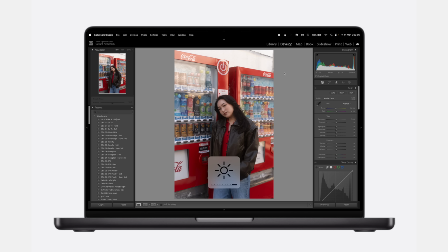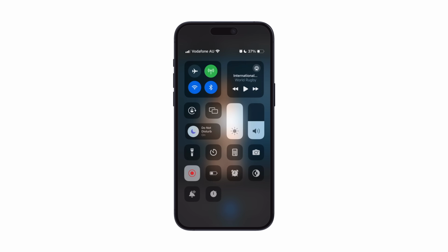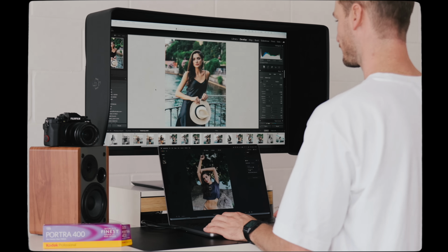Alright, so before we jump onto the computer to go through some editing techniques, there's a couple of quick things I want to talk about when it comes to your screen and also your editing environment. If you're editing on a MacBook, smartphone or tablet, that's totally fine. Just lower your screen brightness to about 70% because these screens are often way too bright and can throw off your edit. If you're going to use a monitor, I recommend something like my color calibrated Asus ProArt 4K, which